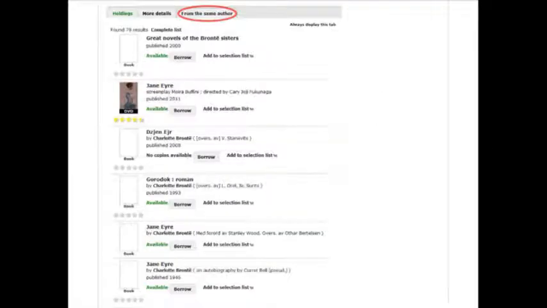And if we go further, there's a feature called More Books from the Same Author, which is also a good feature in theory, but when you click it in this case, you get more editions of the book you already were looking at, which is no good at all.